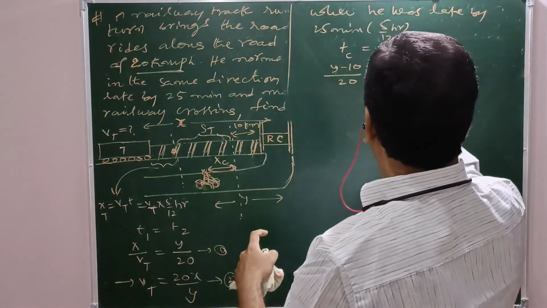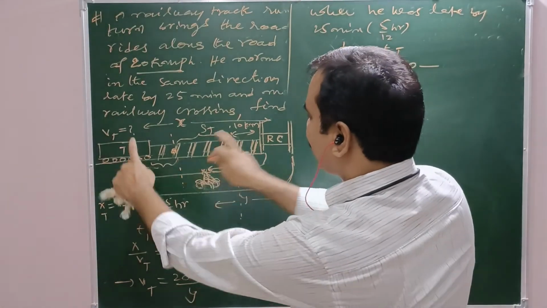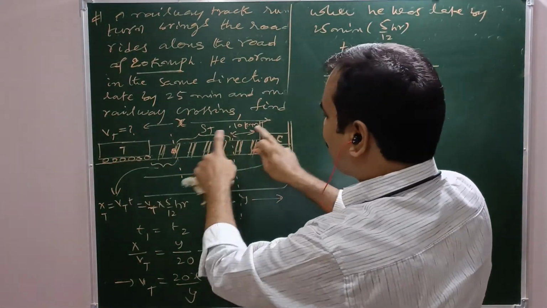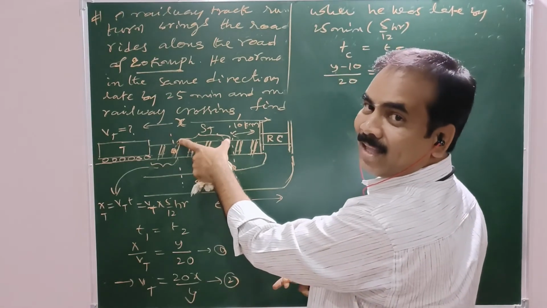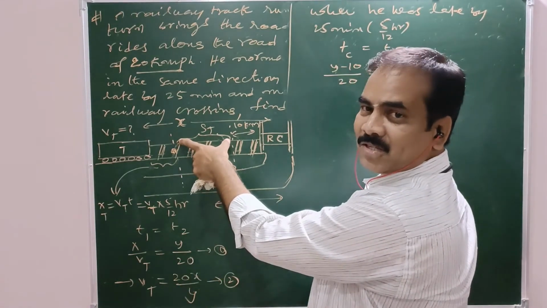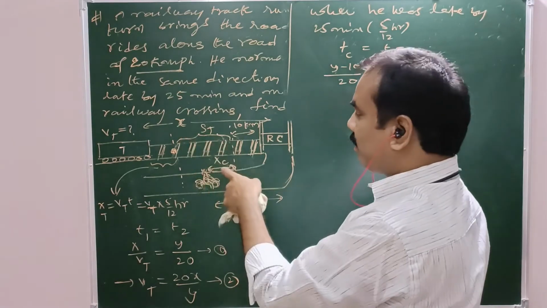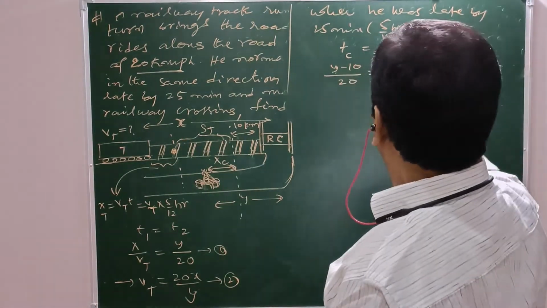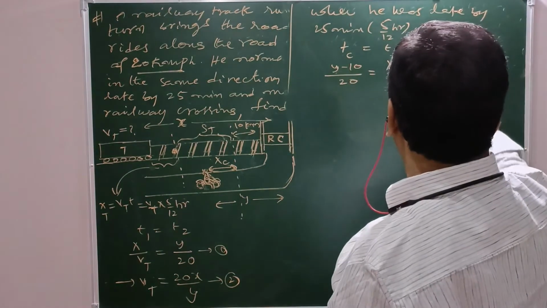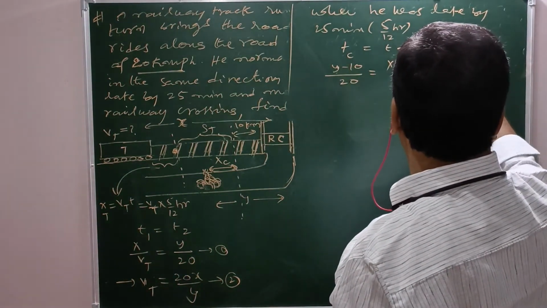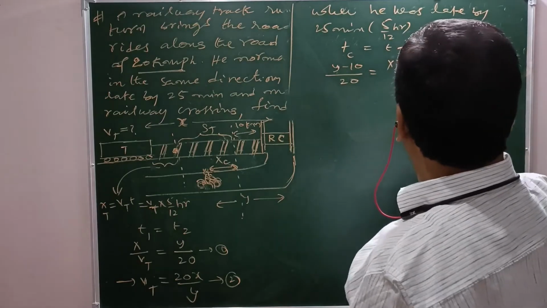This is the distance covered by the train on that day when he was late by 25 minutes, before meeting both. Time is once again distance by speed. The distance is x minus 10 minus V train into 5 by 12, whole